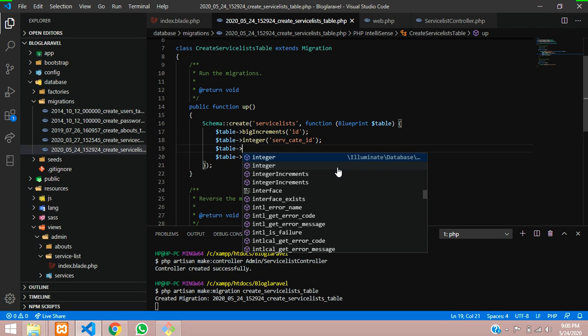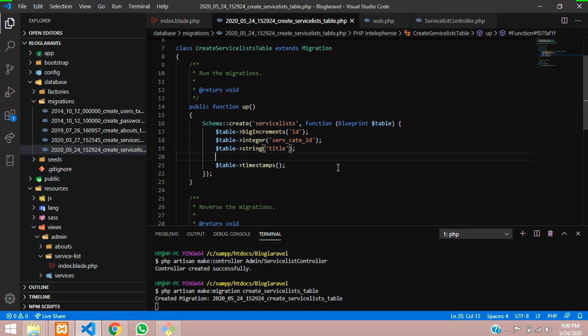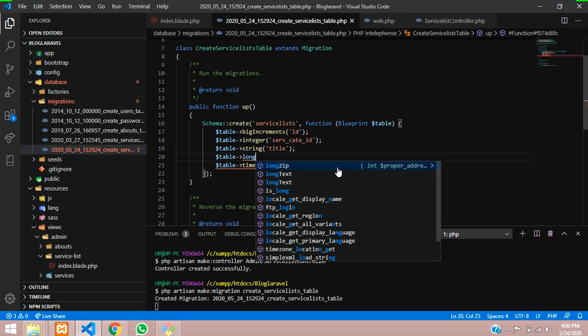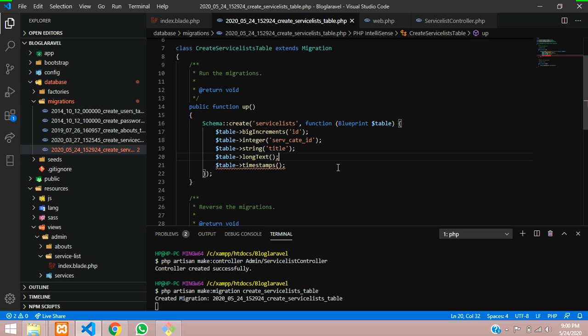So you can use a simple string function, varchar, and you can call it name or title, you can keep it simple. Then for the second column, we are going to give description, so you can use longText or mediumText also, whatever you want as per the data you are putting in.